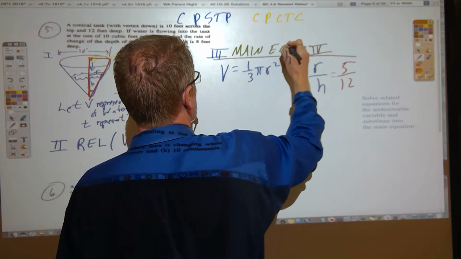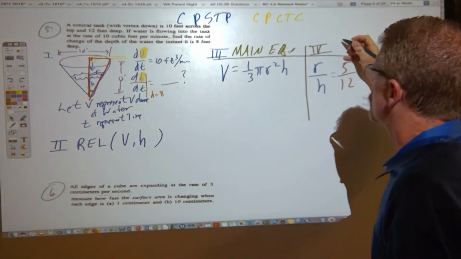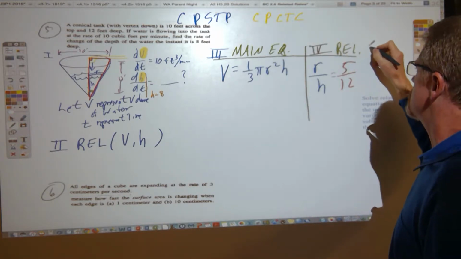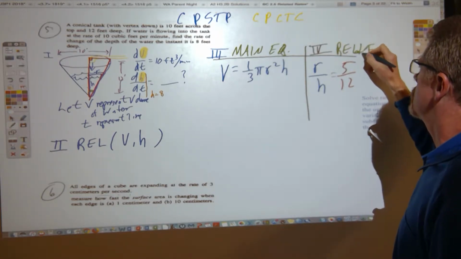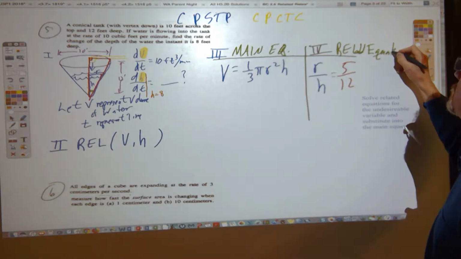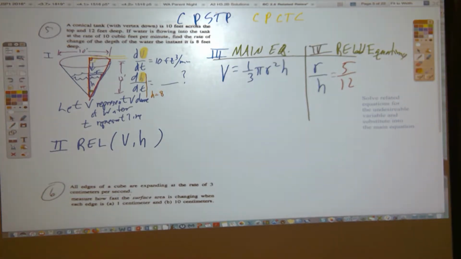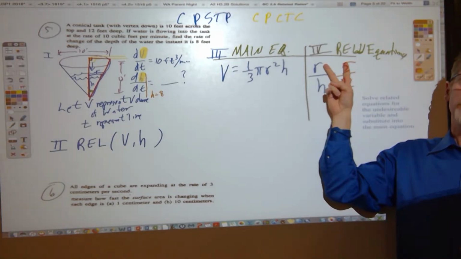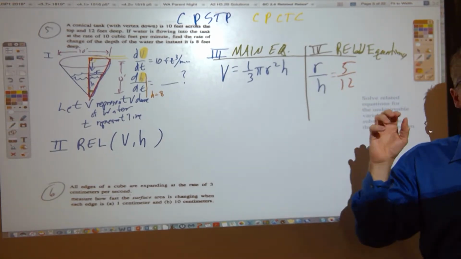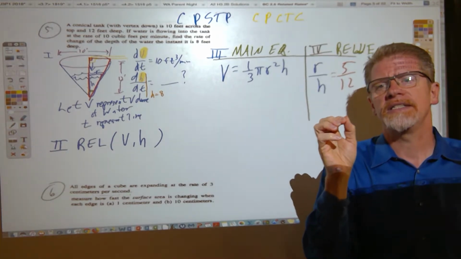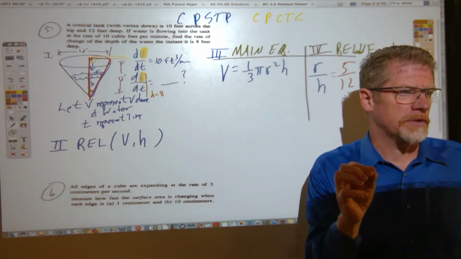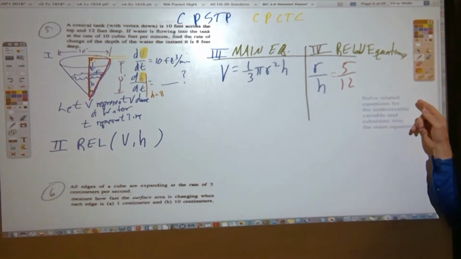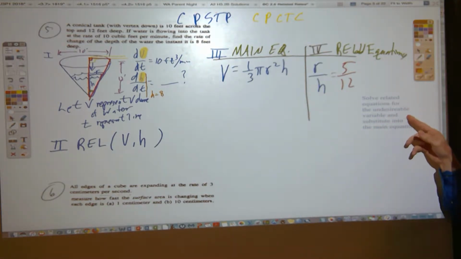The Roman numeral 3 is the main equation. Roman numeral 4 is related equations: relationships between desirable and undesirable variables. We want to avoid MIGO, so always solve the Roman numeral 4 equations for the undesirable variable. If I had known that one sentence, solve related equations for undesirable variables and substitute into the main equation,